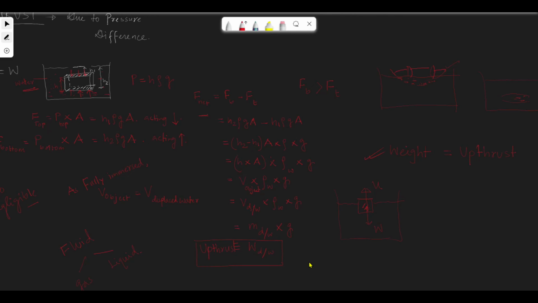Another example is the hot air balloon. Once the hot air balloon starts rising up, what does it do? It burns the gas, and the density of the air goes down. The less dense air, you must know, rises up. It goes in the upward direction. So when a hot air balloon is to leave the ground and lift up, you see that